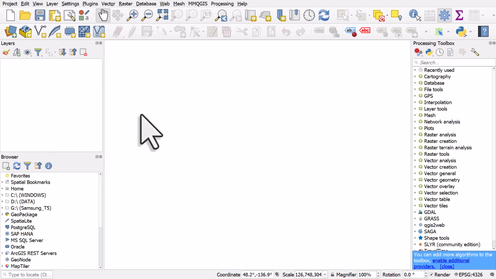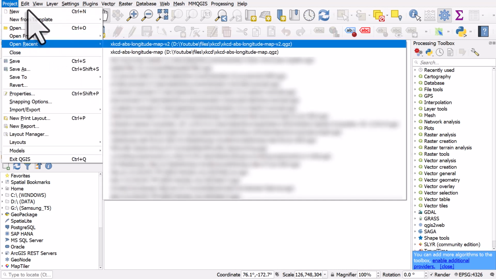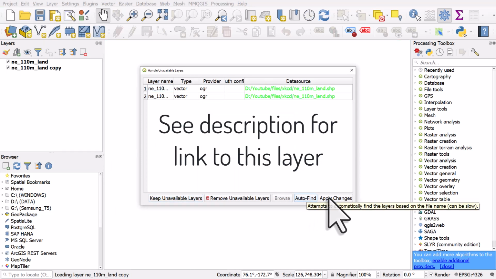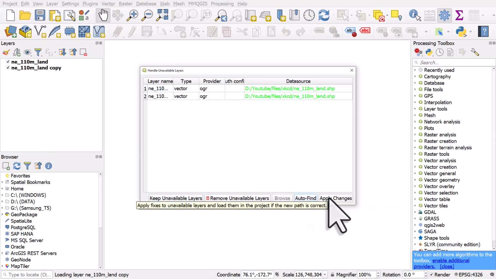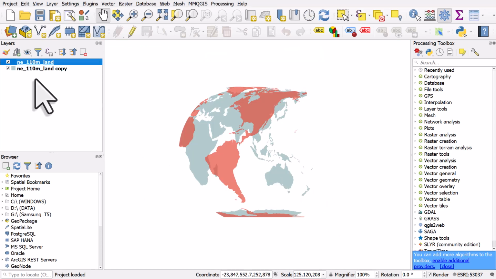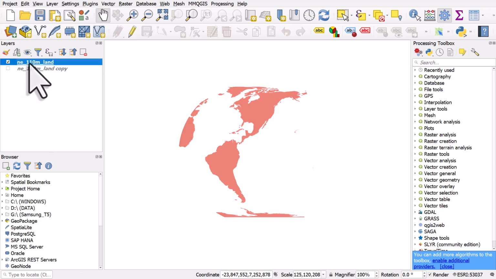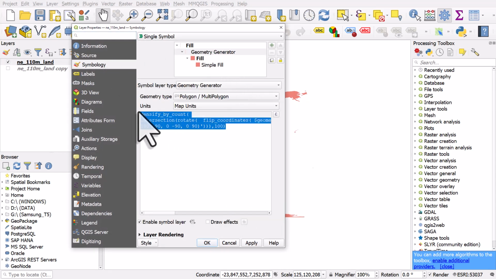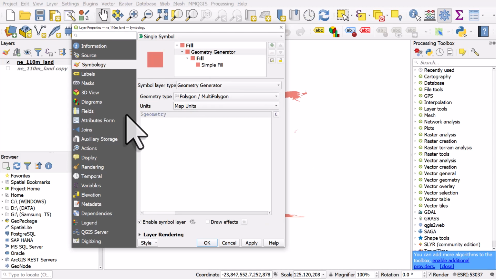So now I'll open the project I shared with Doug, and I'm just going to hit auto find to find the layers. Okay, so there's a couple of layers here, and all I've done is copied the land layer. So let me double click on the land layer. I'll go to Geometry Generator, and I'm just going to remove this for now, and I'll just type geometry,